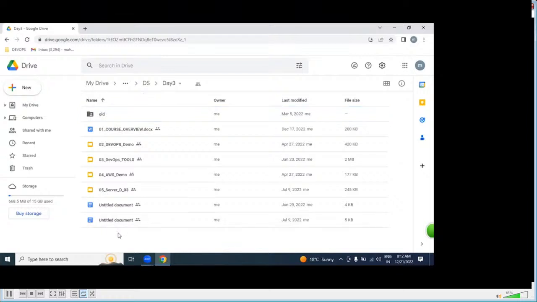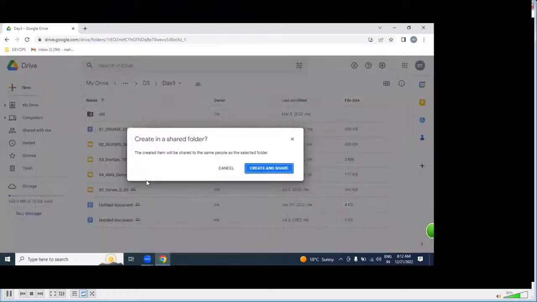Before starting the session, what is our agenda? What are we going to discuss today? Let us fix our agenda first. Today we're going to be discussing client and server communication, and types of servers.